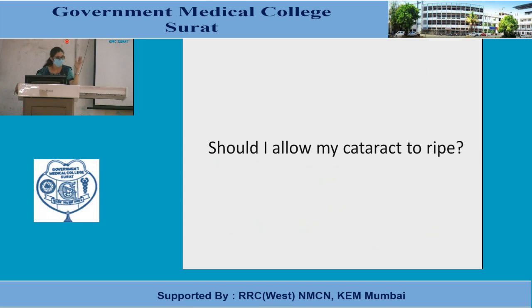So nowadays with the technology that we have, we don't allow the cataract to become mature. If it is significant enough to cause a visual obscuration, that is the time you need to go for surgery. That is what a patient and the relatives should know. Many times the relatives want you to tell the patient that it is better to wait because they have many other issues. But you have to be very clear when you are counseling a case about when to intervene.